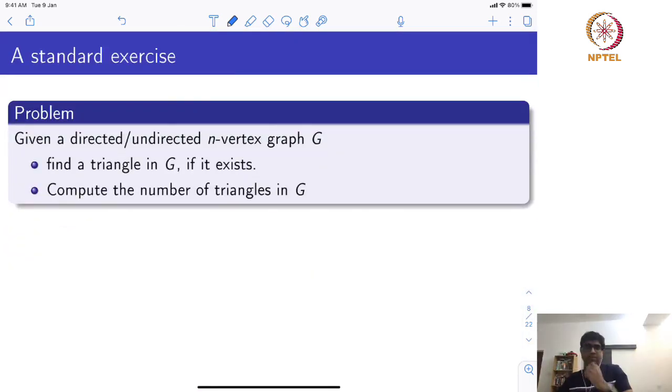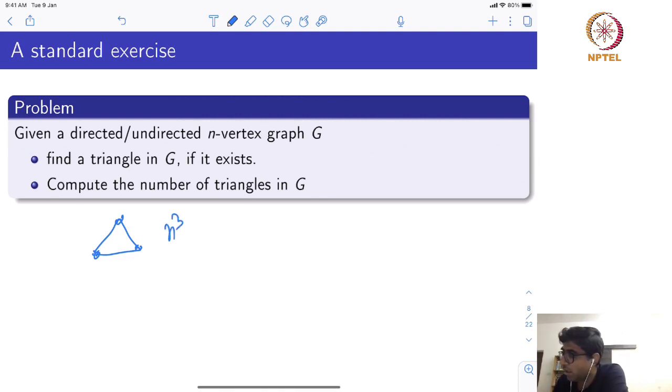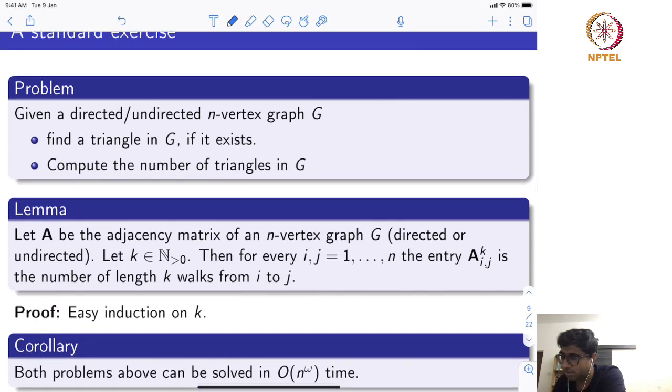Okay. So, this is a standard exercise: you are given a directed or undirected n vertex graph G. You want to find a triangle in G if it exists, or compute the number of triangles in G. All these are very standard exercises. Okay. One thing is trivial, right? You can do an n cube algorithm. Just try all possible triplets and do it in n cube time. But there are slightly better